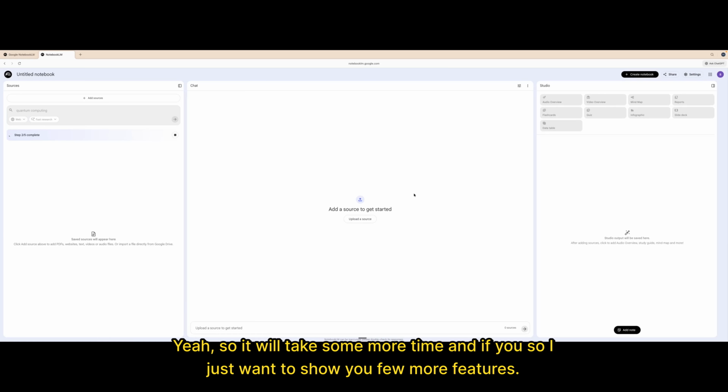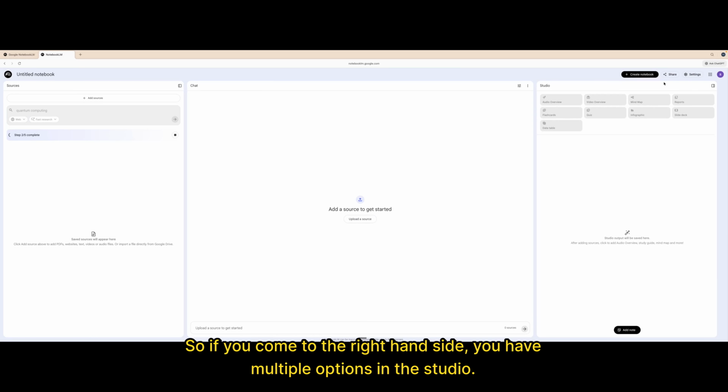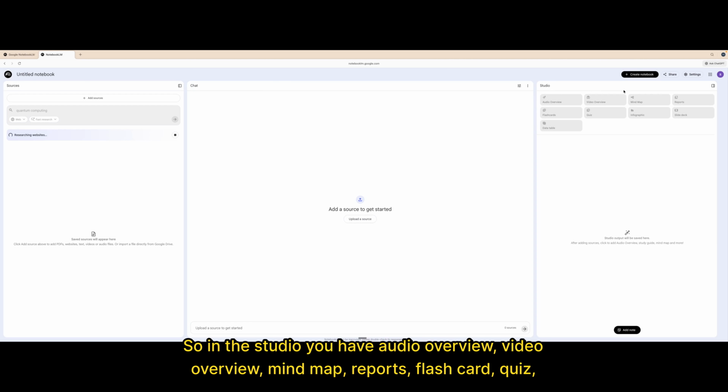So it will take some more time. And so I just want to show you a few more features. If you come to the right-hand side, you have multiple options in the studio. You can see that, right? So in the studio, you have